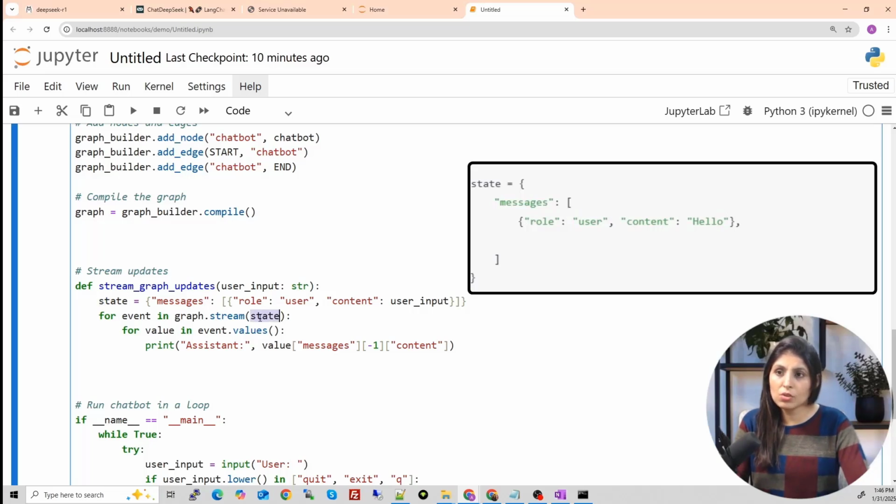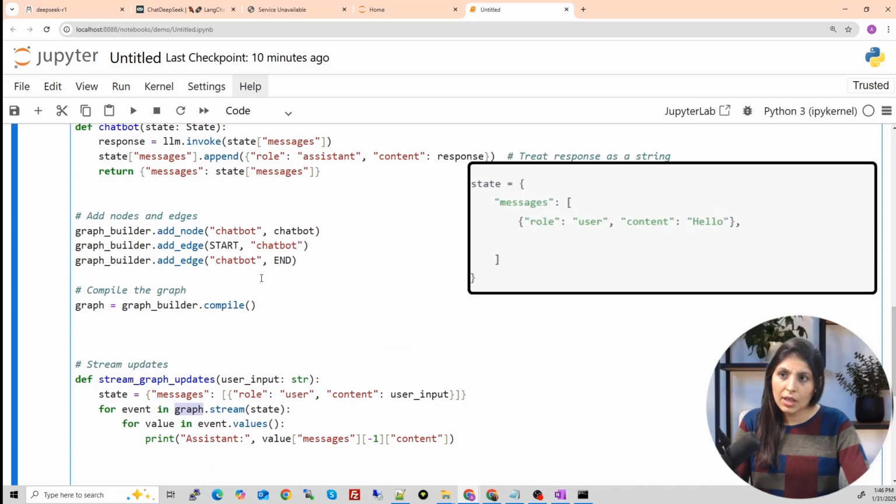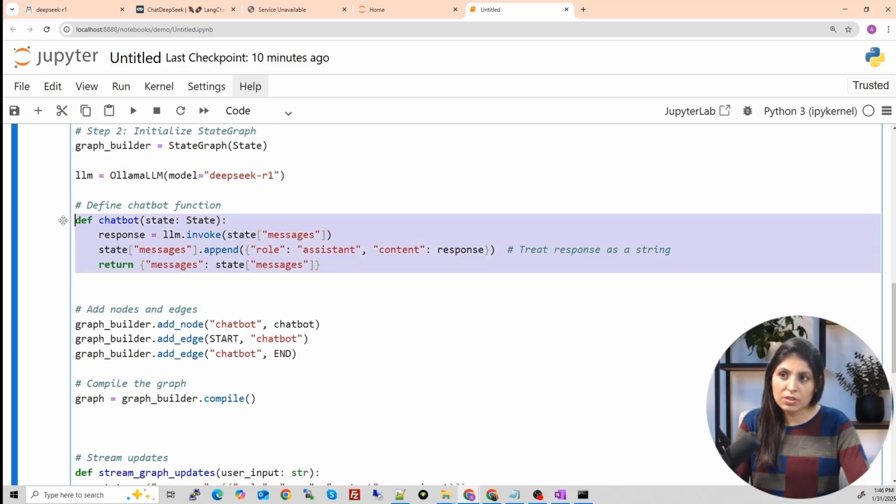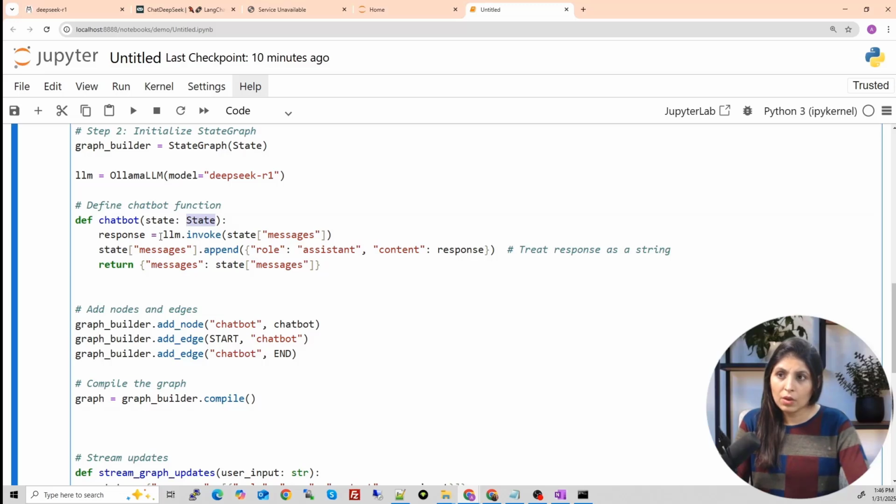Okay, so now the user message hi goes to this graph and start node, and then we have the chatbot node, and for the chatbot node this functionality will be performed. So the hi message is here.